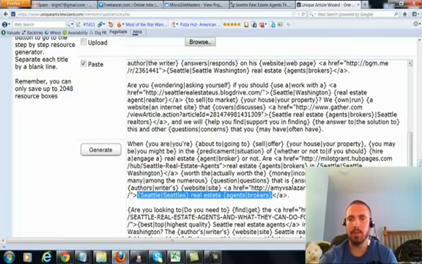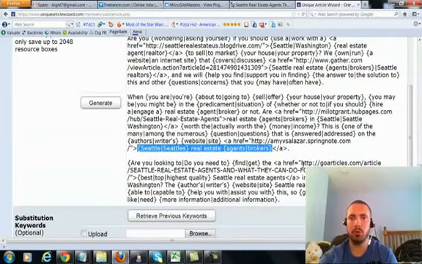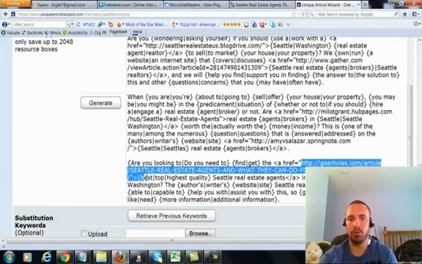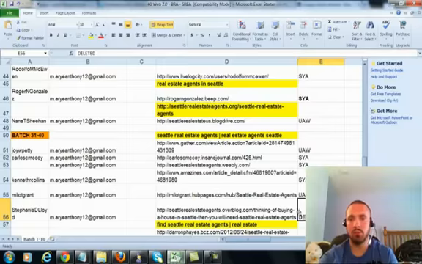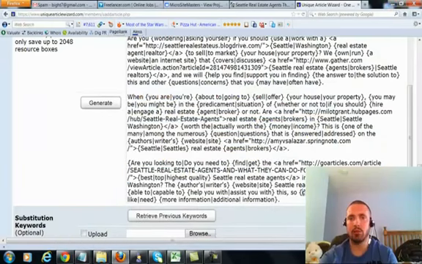And then the last resource box, remember one of mine was deleted, so this one only has 1. So this is Web 2.0 property number 19. There's no number 20 because one of them was deleted. Okay? So that's how I do my resource boxes.